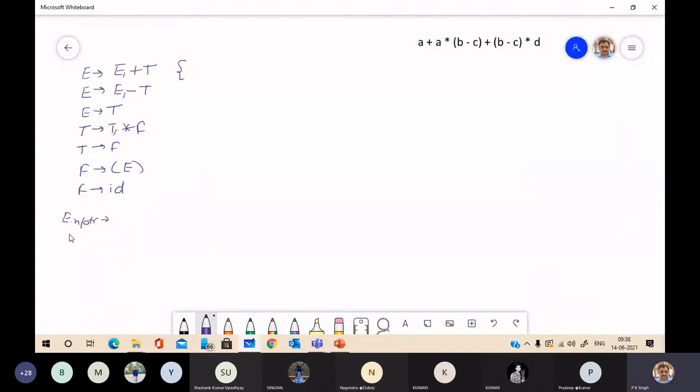Similarly, we will use two functions. One is the make node function that will create a node. It has three arguments: one is the operator and two pointers.